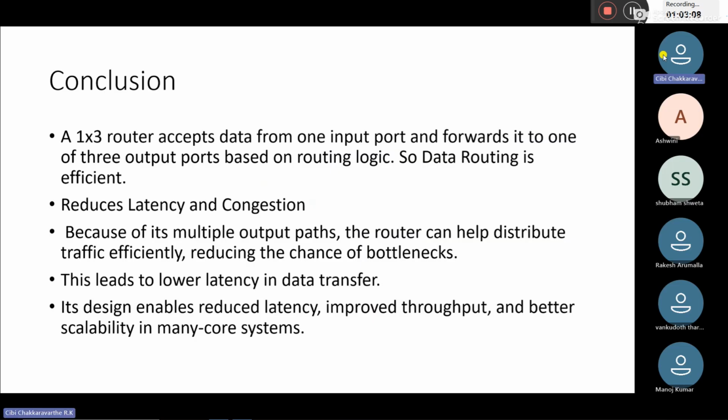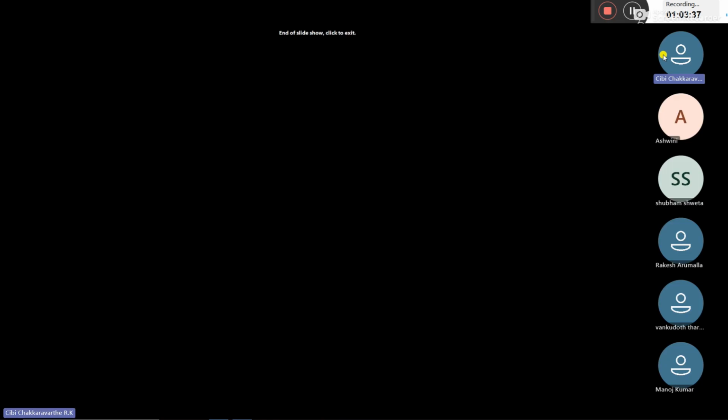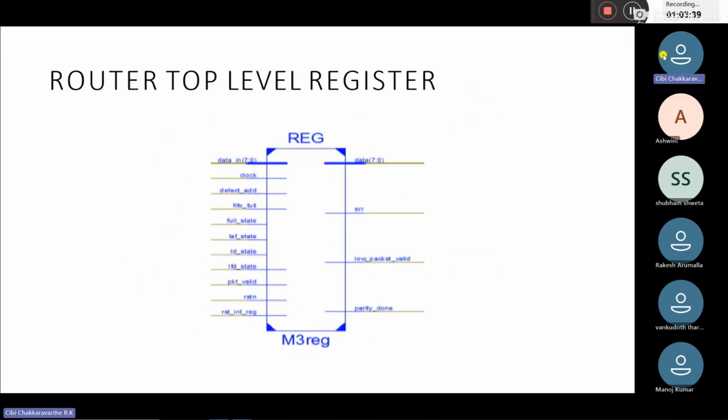Okay, because of its multiple output paths, the router can help distribute traffic efficiently, reducing the chance of bottlenecks. This leads to lower latency in data transfer. What they are telling is this leads to lower latency. That means it will reduce the slowness in the data transfer. Its design enables reduced latency, improved throughput and better scalability in many core systems. So this is what this router